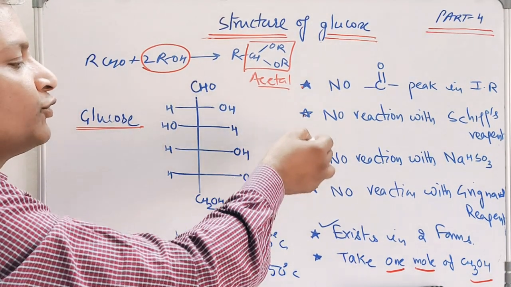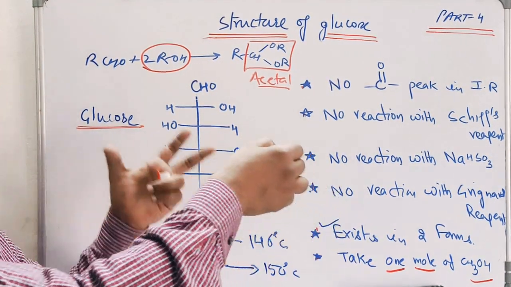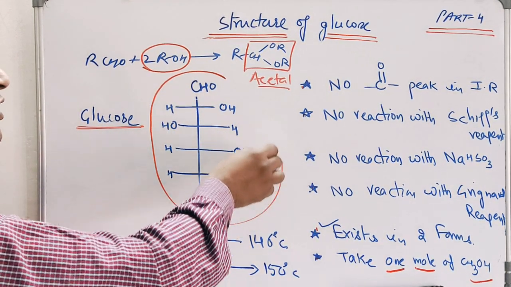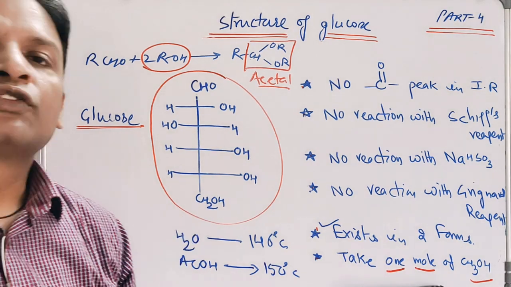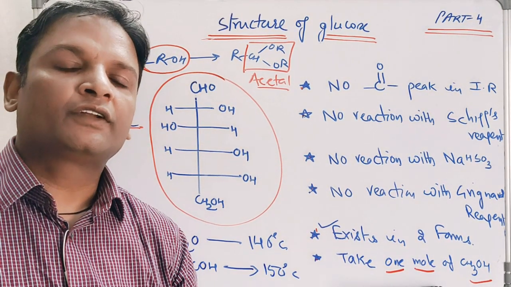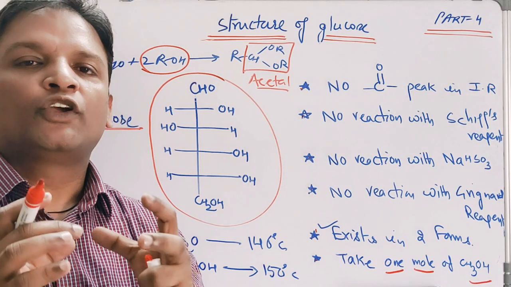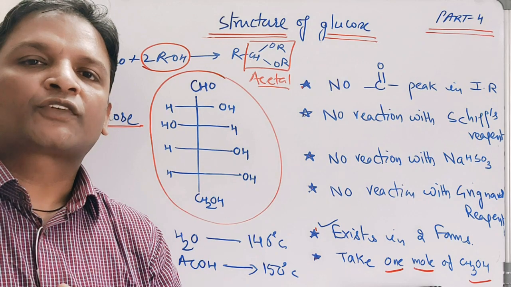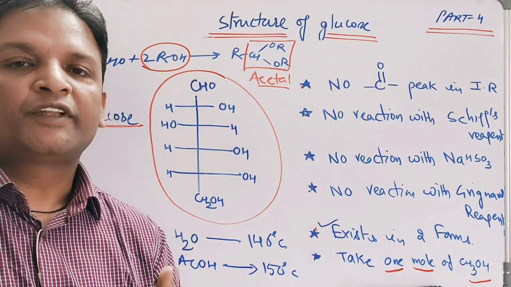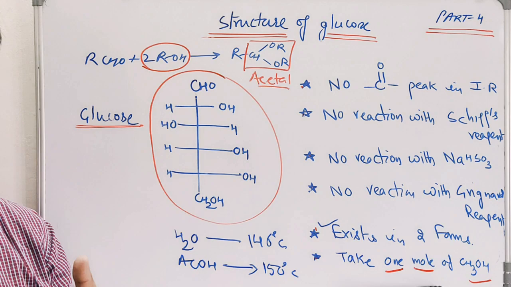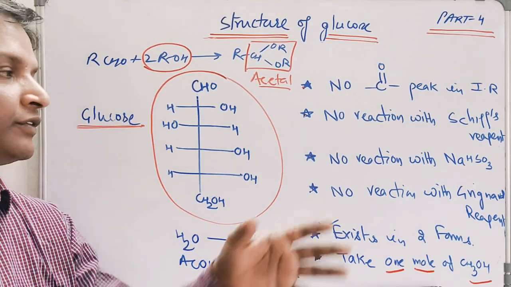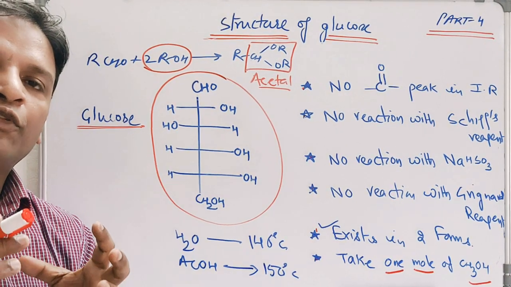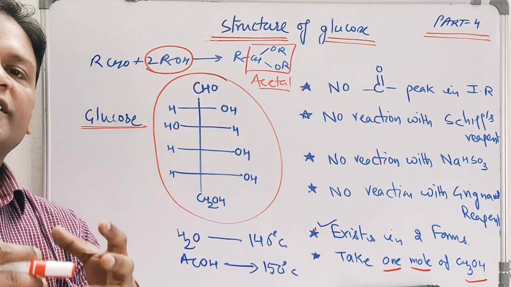So these different questions were raised. These different questions were very doubtful, giving doubt on the structure of glucose, whether it exists in an open chain structure or in some other form. By observing these different types of reactions, a question mark was raised on the open chain structure of glucose. It was in the mind of the researcher whether glucose exists in an open chain form or in some other form, because these different points were not explained by the open chain structure of glucose. So they were forced to think of some other structure of glucose.